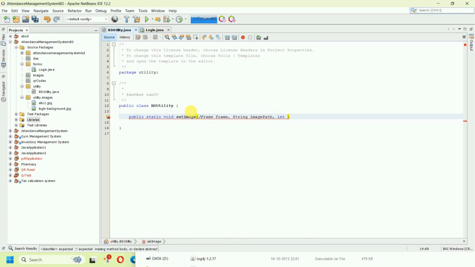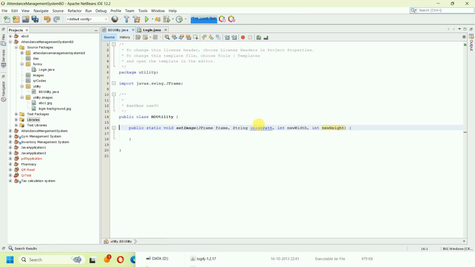Suppose I have added an image that is 600 by 600 in size, but I want to stretch this to 1280 multiplied by 760. In that case, we have to use this particular approach. So int new width and int new height you want to give to the image. The quality will not be compromised, so just stay tuned. So add the import for this one. After this, what we have to do is